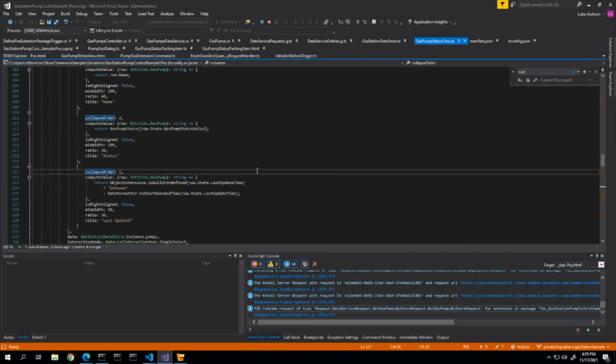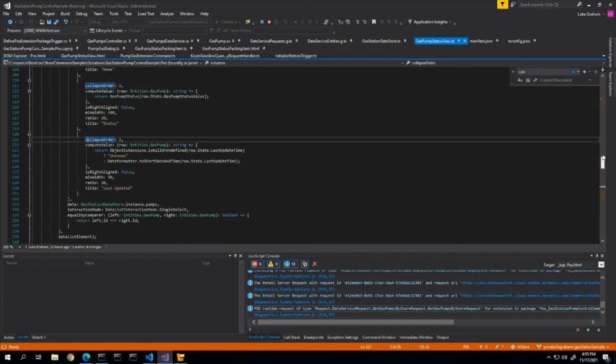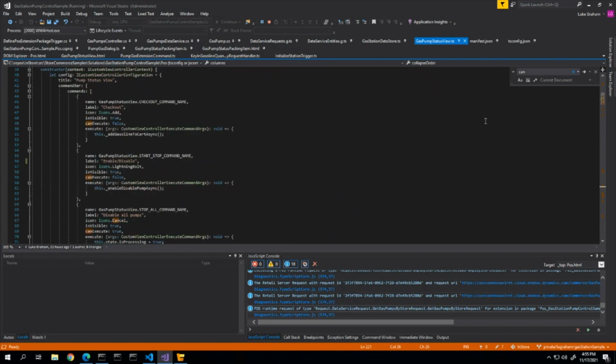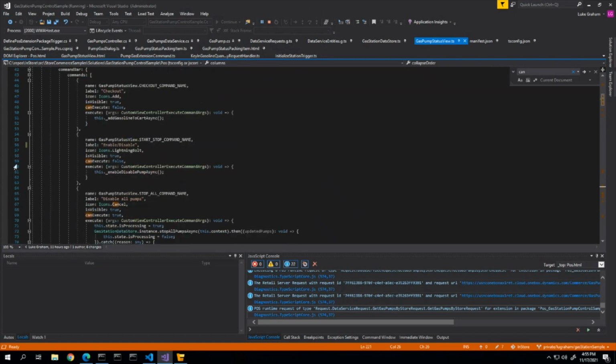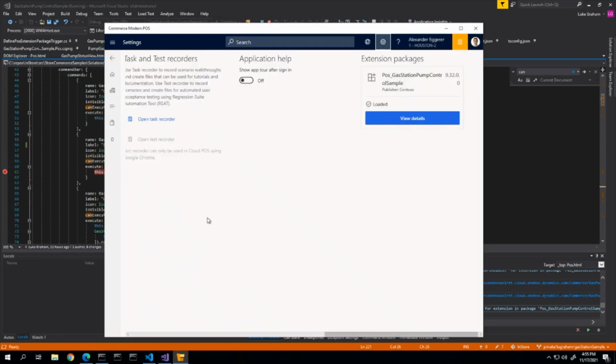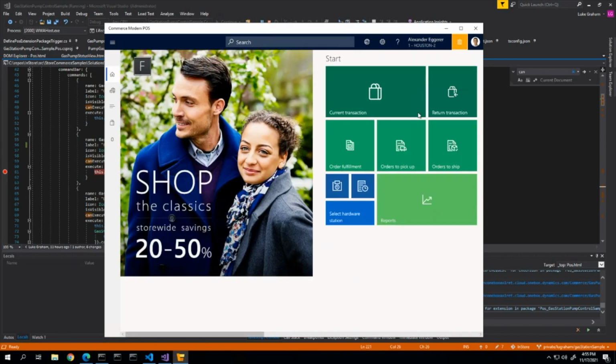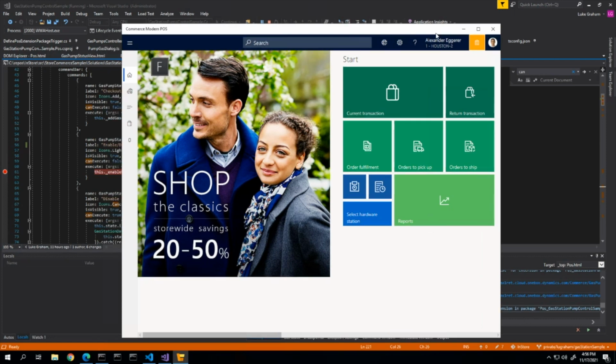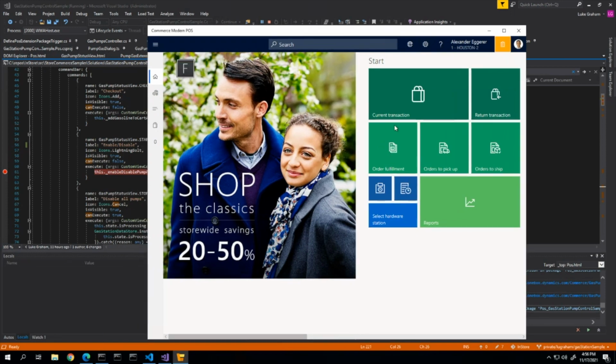So let's see. Set one here. This is going to be on our enable or disable pump command on our view. Sometimes this happens, so it looks like ultimately Visual Studio is having an issue right now, so it's not going to cooperate. But if this happens, we can just stop debugging and restart. I'll skip that for now